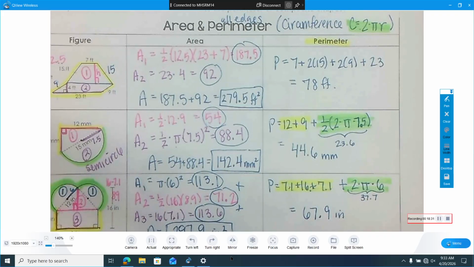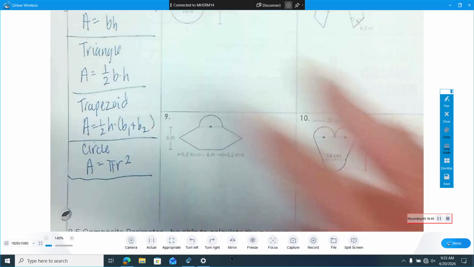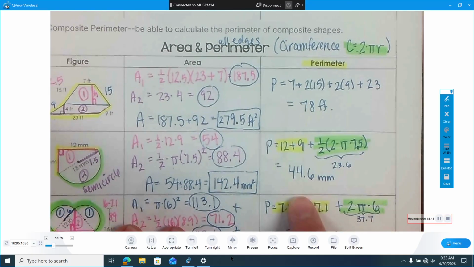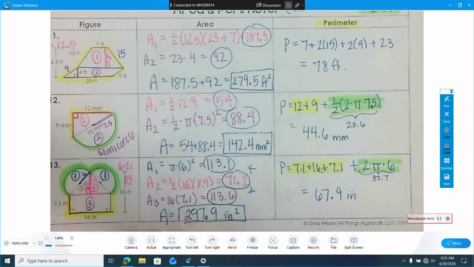So today you're doing area and perimeter. So keep these formulas handy. Keep them in front of you. Make sure you read carefully. Make sure you know, are they asking for area? In which case you need to use your area formulas. Or if they're doing perimeter, you're just adding edges or circumference, okay? So you just have to read carefully. Do you guys have any questions for me? Okay. 19, that's